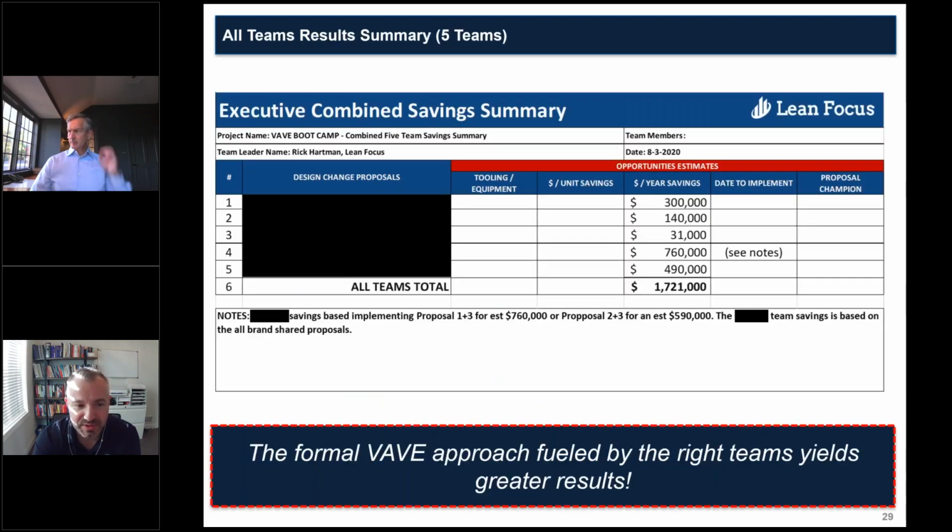Then all of those proposals, in this case you're seeing here are 5 Kaizen events that happened in that 1 week. So each line item represents each team's total savings that they identified in the Kaizen week. So 1.7 million. We targeted 1.5 to 3.5 for the overall. And in those 5 teams, we hit 1.7 of savings that they could realize in these changes that they're willing to sign up to do across these 5 teams in this virtual VAVE Kaizen event.